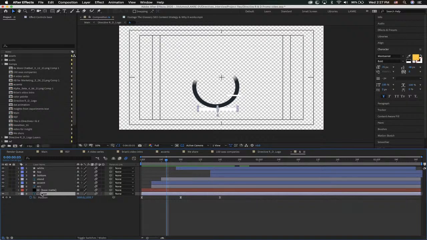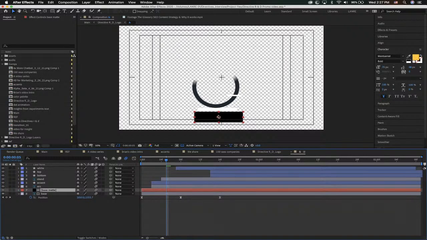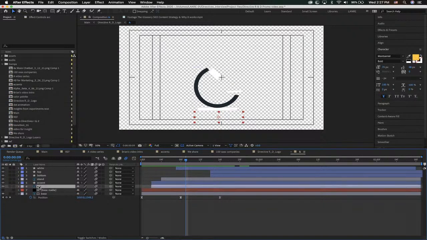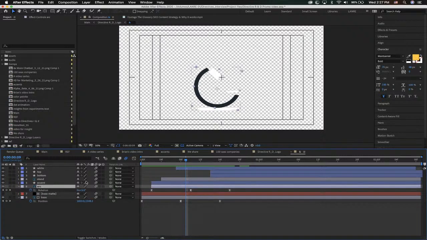So I did the same thing with the base here. I added a shape here to hide it below, so that when it comes to the top, we see it. It's a really nice way to reveal your shapes. Then the arc, what I did with the arc is, if I press U to show all my